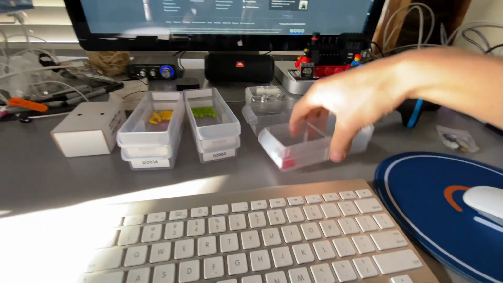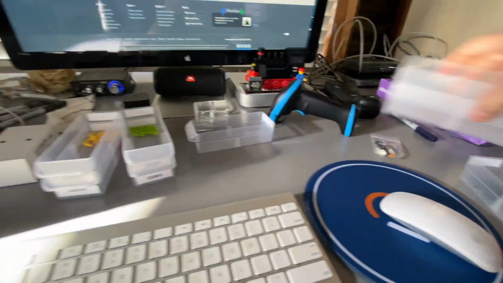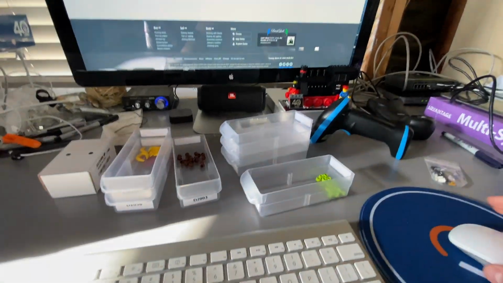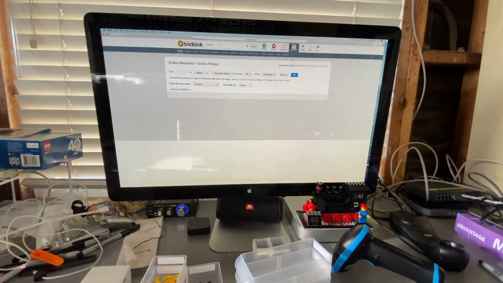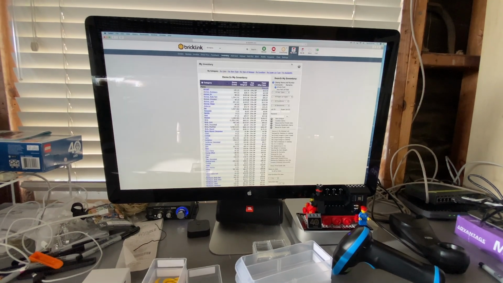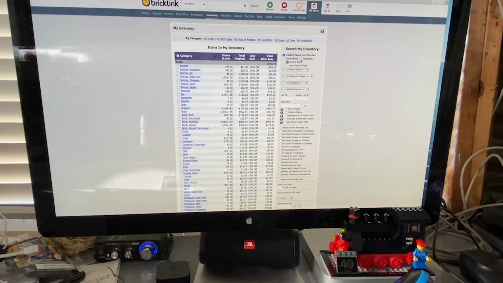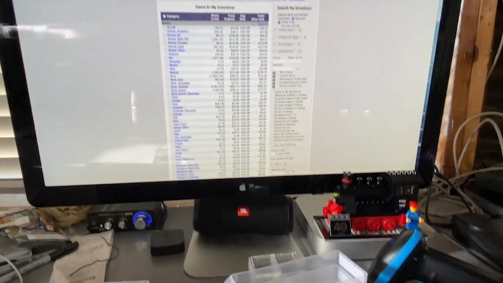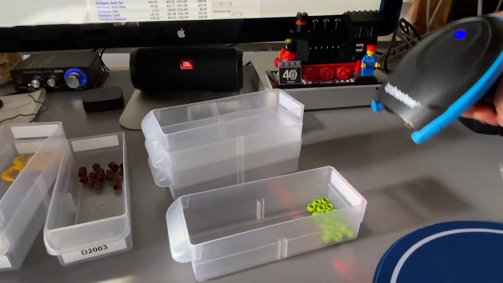And there we go, 2002, perfect. Another thing is when you're doing this, it's very important to, so we're gonna start with this drawer, 2004. And when we're up here, I don't have my screen recording at the moment, but if we go here to inventory, click remarks, and then, I don't know if you can see this, and then when you actually scan this in,